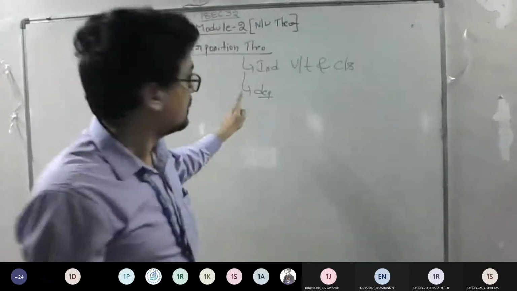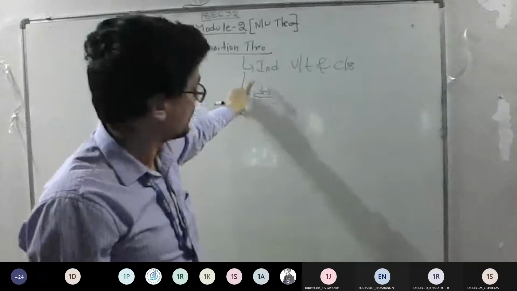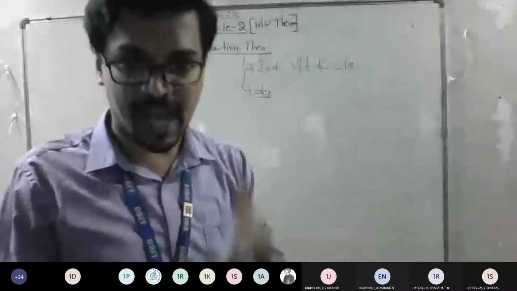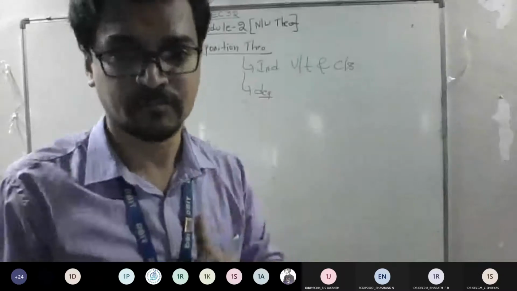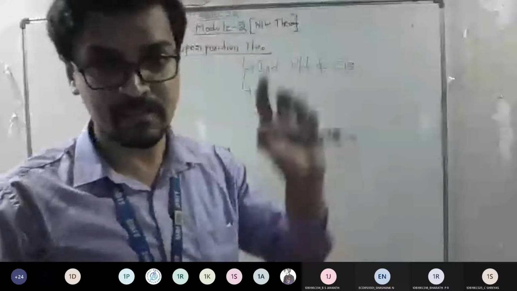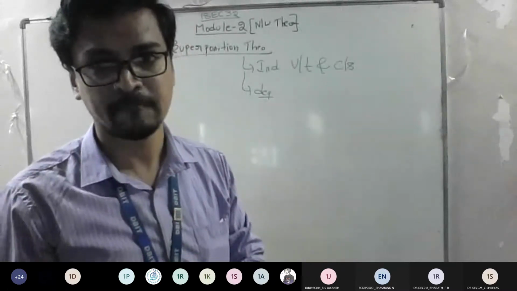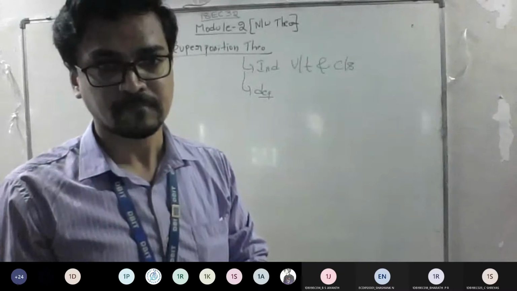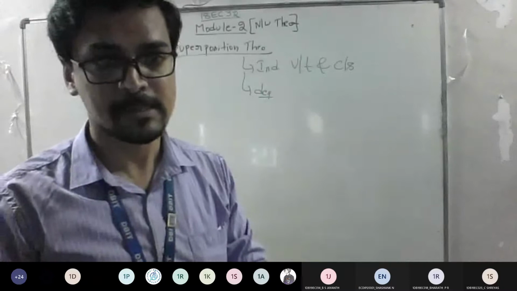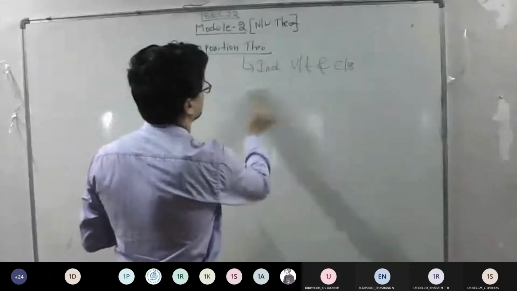So superposition theorem can be applied only for independent sources. If you find a dependent source, then I'm going to retain the dependent source as it is and I'm going to solve the problem. I'm not going to make any alteration on the dependent source because it will be depending on something somewhere in the network. Am I clear with this? Everyone? Yes, sir. So that is the first thing you should be having awareness of, right?